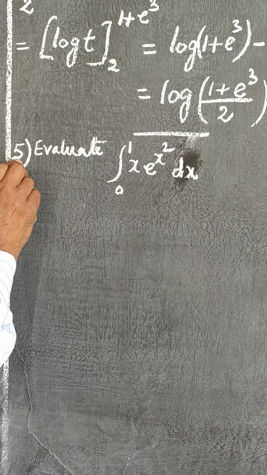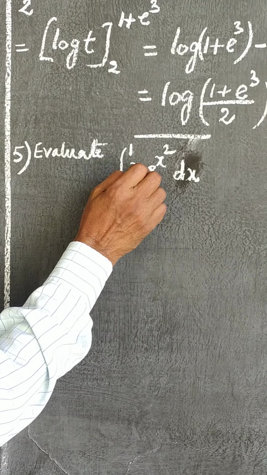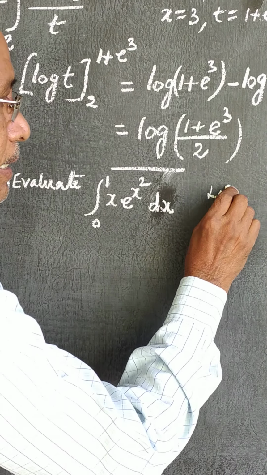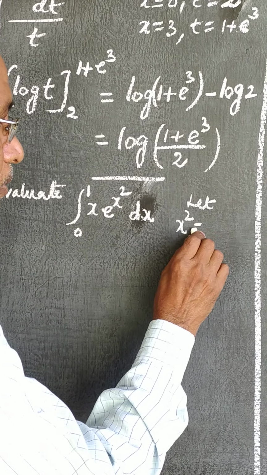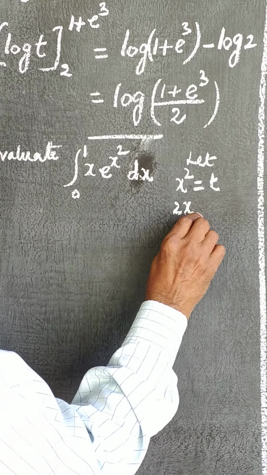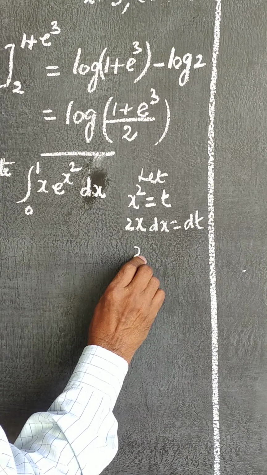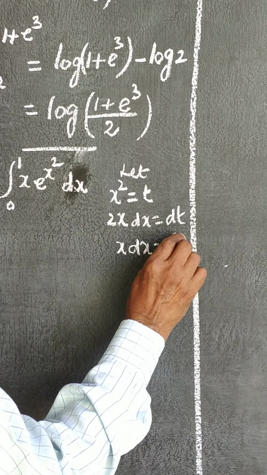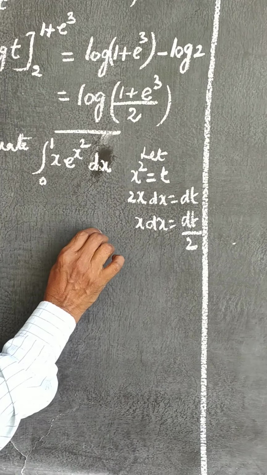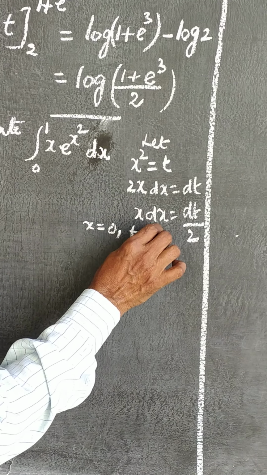Now the fifth problem: evaluate the integral from 0 to 1 of x into e power x square dx. Here also we have to assume x square is equal to t. On differentiation, 2x dx is equal to dt, so x dx is equal to dt by 2. Change of limit: when you substitute x is equal to 0,